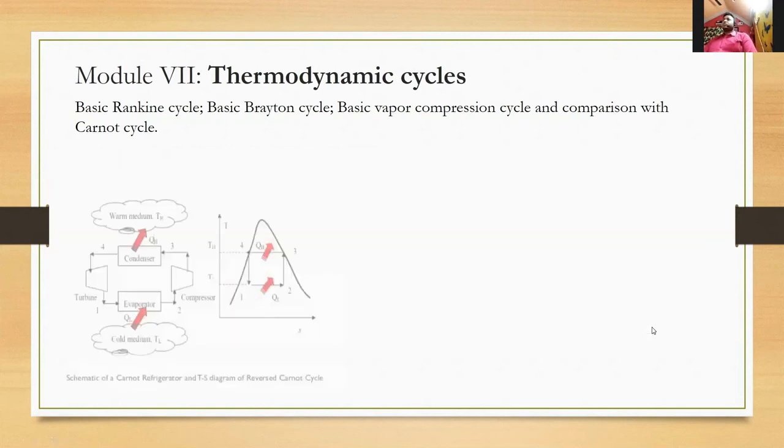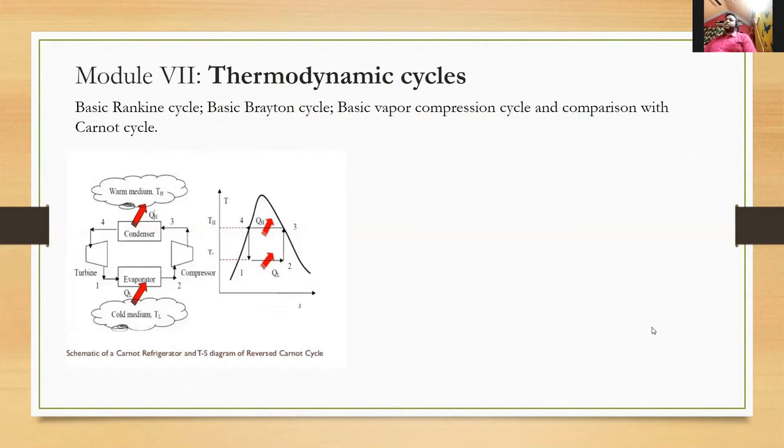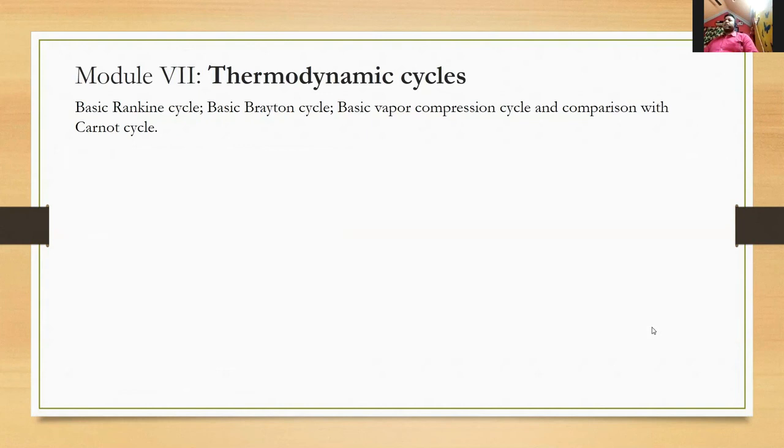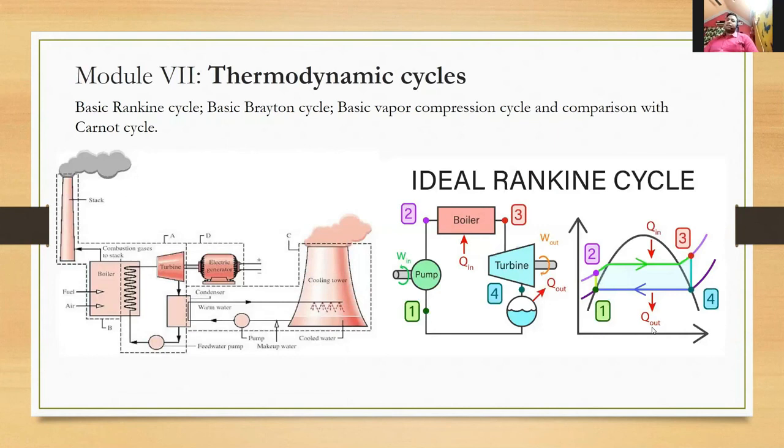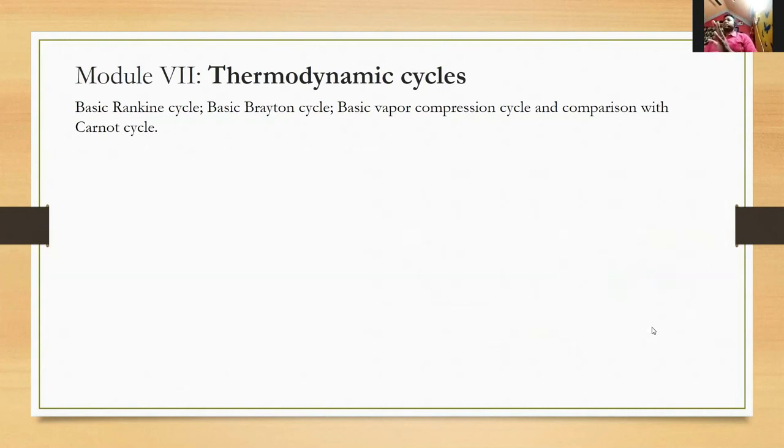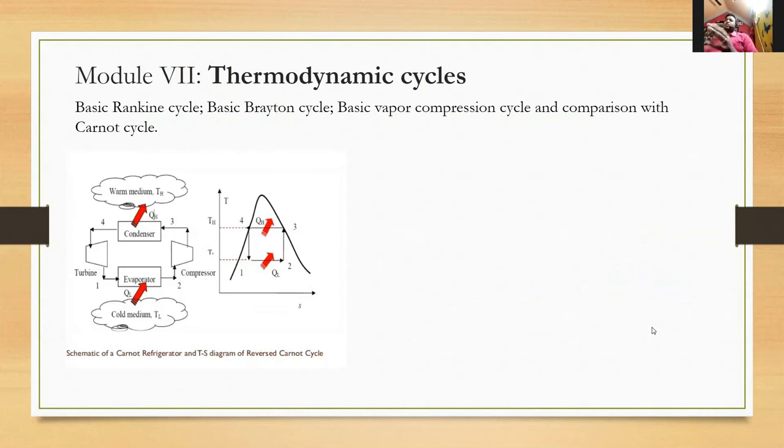Similarly, we'll also come up with the refrigeration cycle, where the schematic is given, the Carnot refrigerator, and the TS diagram of the reversed Carnot cycle is also given. We'll go into detail on how a cycle is reversed. In the previous diagram you have seen the boiler, turbine, condenser, and pump. If you just reverse it, it will become a reversed heat engine, or just a device. You can no longer call it an engine. Rather, it will become a device where heat is transferred from a low temperature to a high temperature body. So that will become a refrigeration cycle instead of a power cycle.